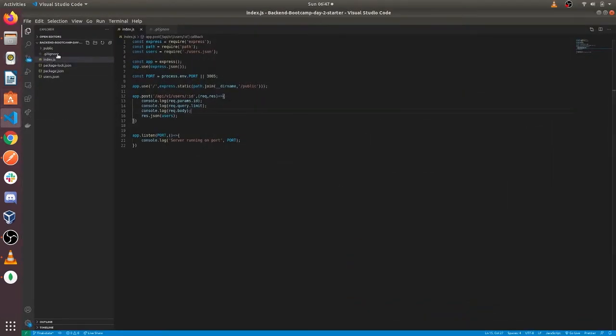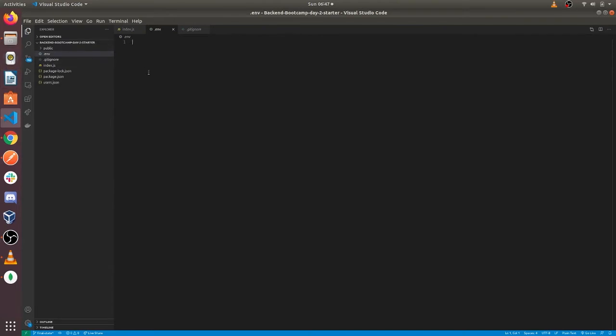Now I'll create a .env file and type in DB equal to our connection string. I'll put in my password and give our database a name.